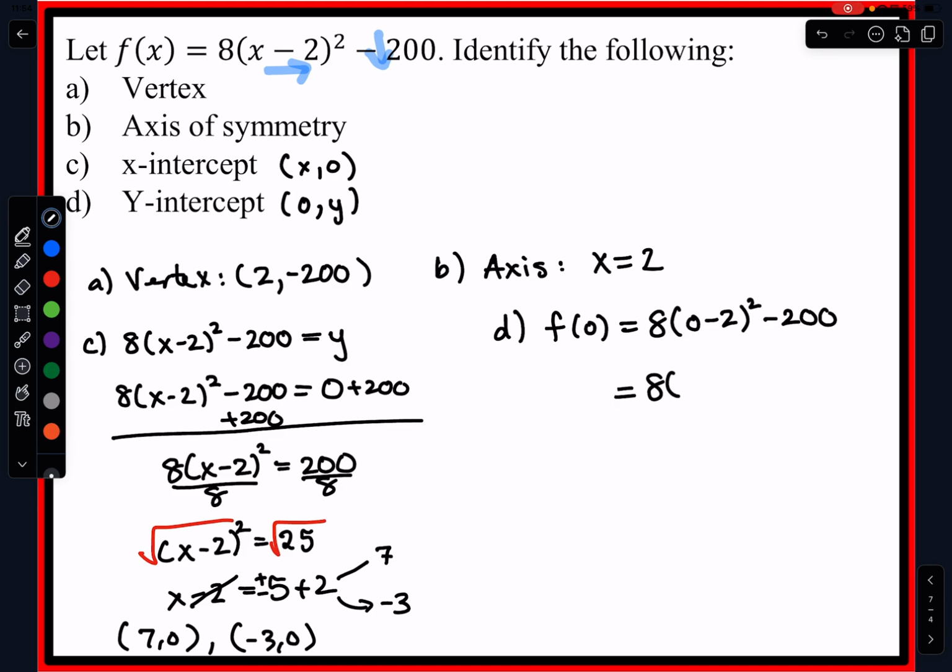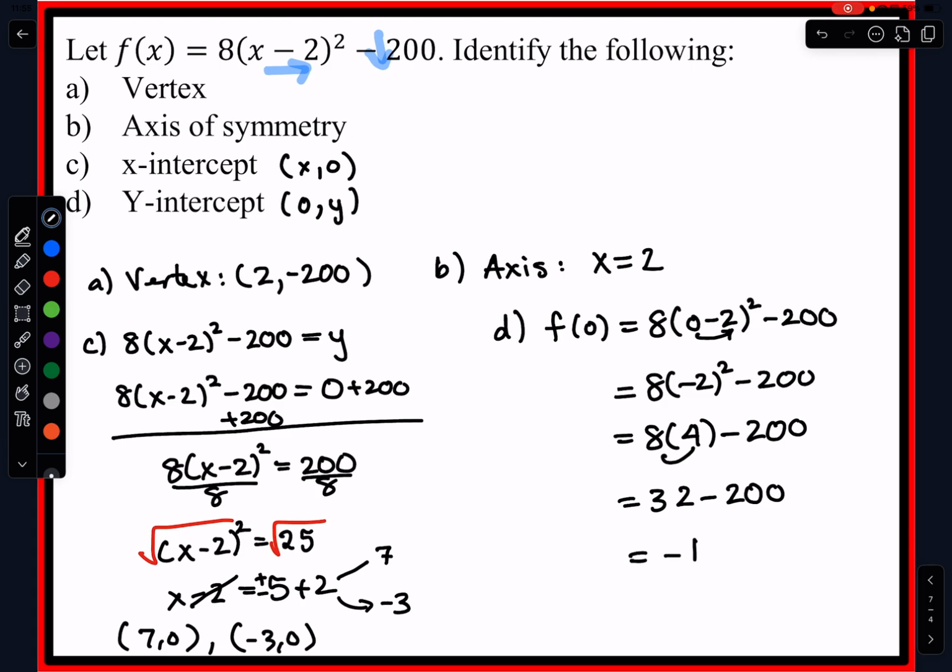So following the order of operations, so we're not undoing the order of operations, we're following the order of operations. So here I would start by first subtracting these two numbers. Second thing is the exponent, so negative 2 has to be raised to the second power. Now I can multiply that value with 8. And finally subtract that answer of 32 by 200 and get a total of negative 168. So our y-intercept